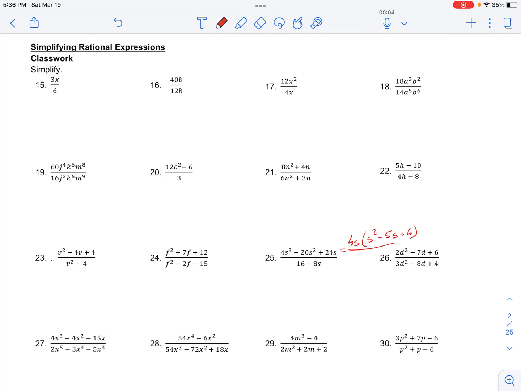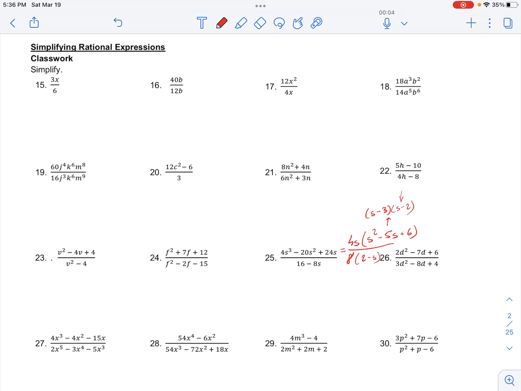And in the denominator, we're left with pulling out an 8. We're left with 2 minus s. So now we can go ahead and factor this further. Factoring this would give us s minus 3 times s minus 2. And now it looks like we can't cross out any terms, but in fact we can do a little trick